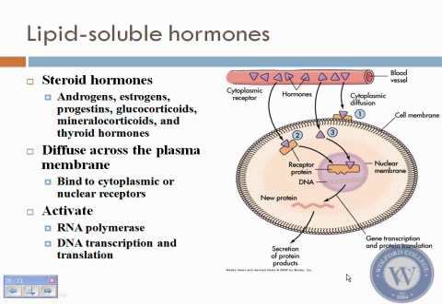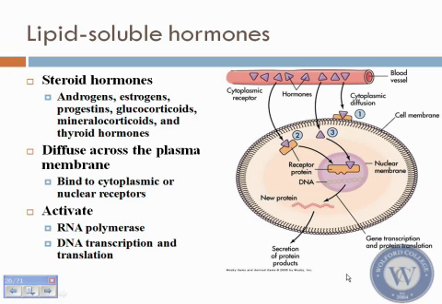The steroid hormones are the ones that are usually produced in the adrenal cortex. Things like androgens, which is your aldosterone, all tend to affect the kidney in this way. But androgens as well are important. Glucocorticoids, mineralocorticoids are also forms of lipid-soluble hormones. The other important one is thyroid hormone. Thyroid hormones are lipid-soluble agents.